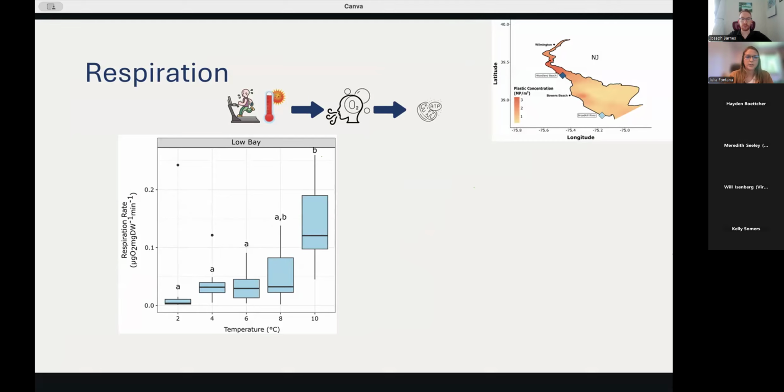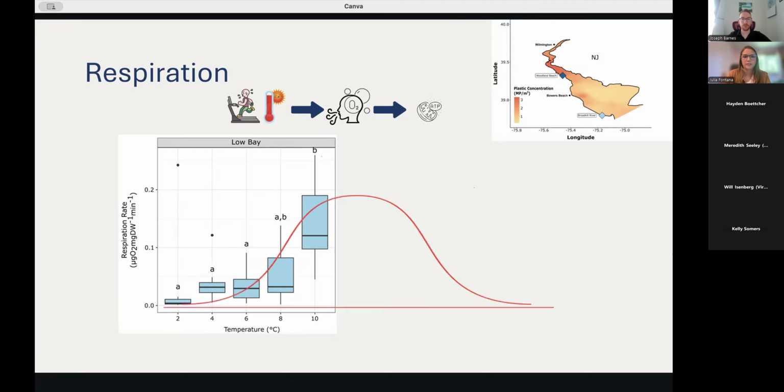They're not too outlandish. However, you can tell that from 2 to 8 degrees, they're relatively low, and at 10 degrees, we start to see a peak in respiration. And it's winter, so we are expecting a repression of their metabolism in the first place. So what we think is happening on this thermal performance curve is that at 10 degrees, we're starting to approach our thermal optimum.